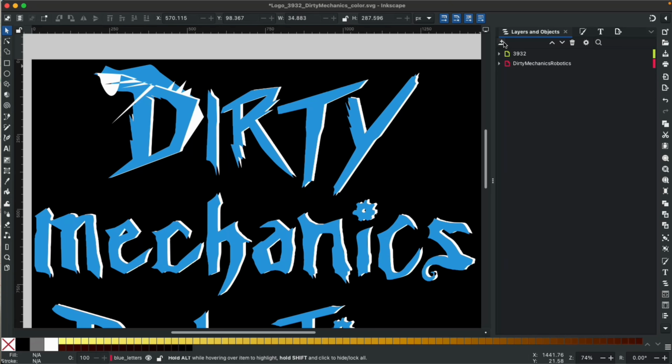I'm going to just make a new layer here, just so that it's not all in the same place. Oh, I might have to make the object first before I can make a layer. So we're going to go down here to the side where there's an A, and you see it says Text